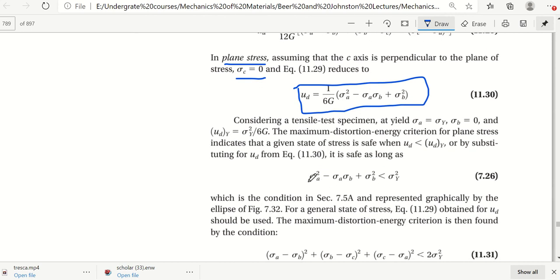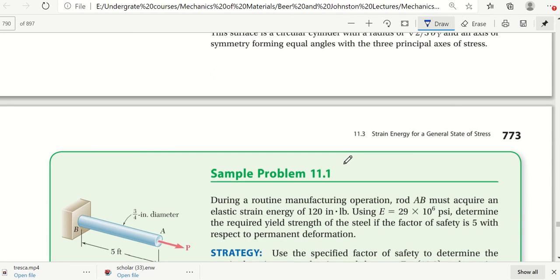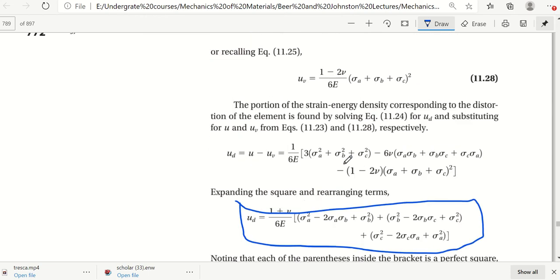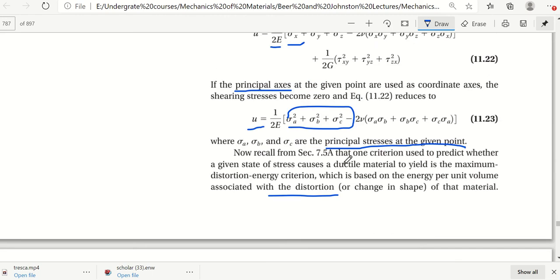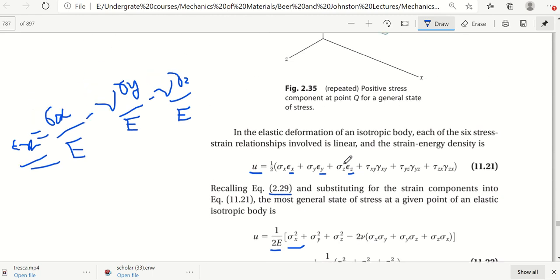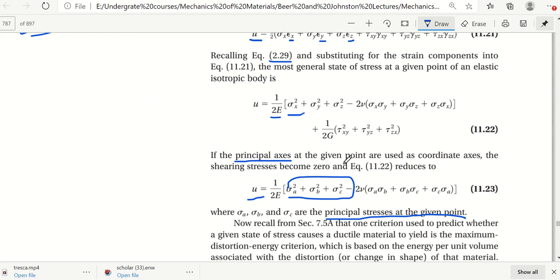which tells us that if this energy is less than the yield strength from the tensile test, the material will be considered as safe. Otherwise, if it exceeds the square of the yield stress, then the material will be considered as failed. Now, this was all about the derivation of the von Mises stress and the general state of the stress. What is the strain energy, and its components which are responsible for the change in volume and the change in the shape of any material.